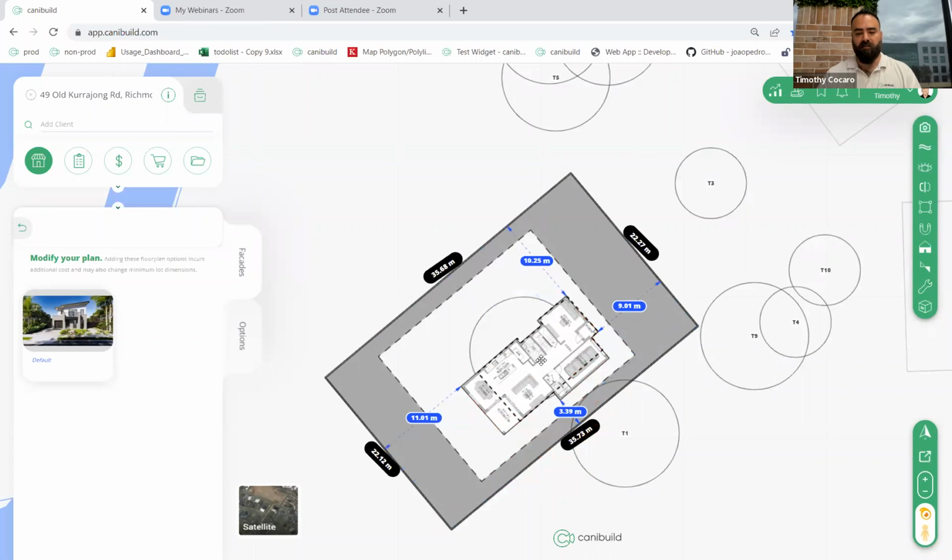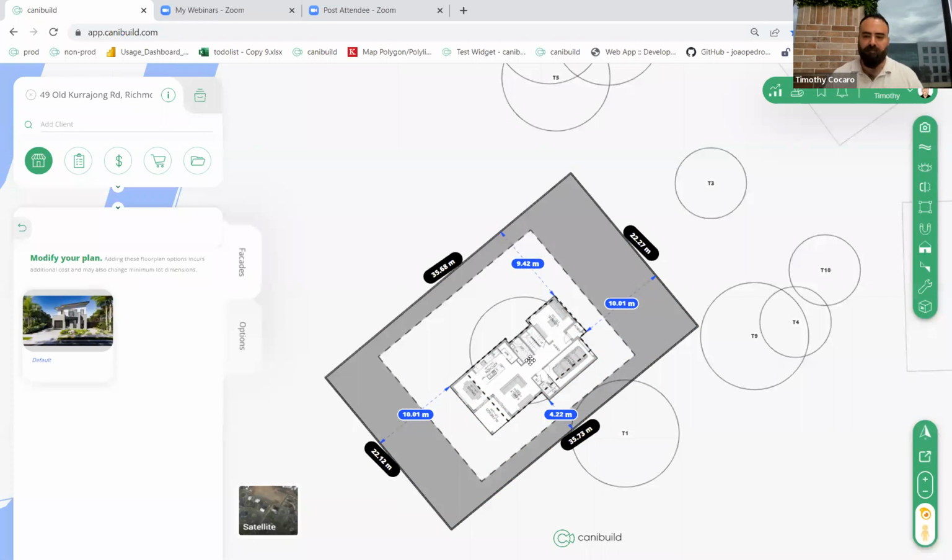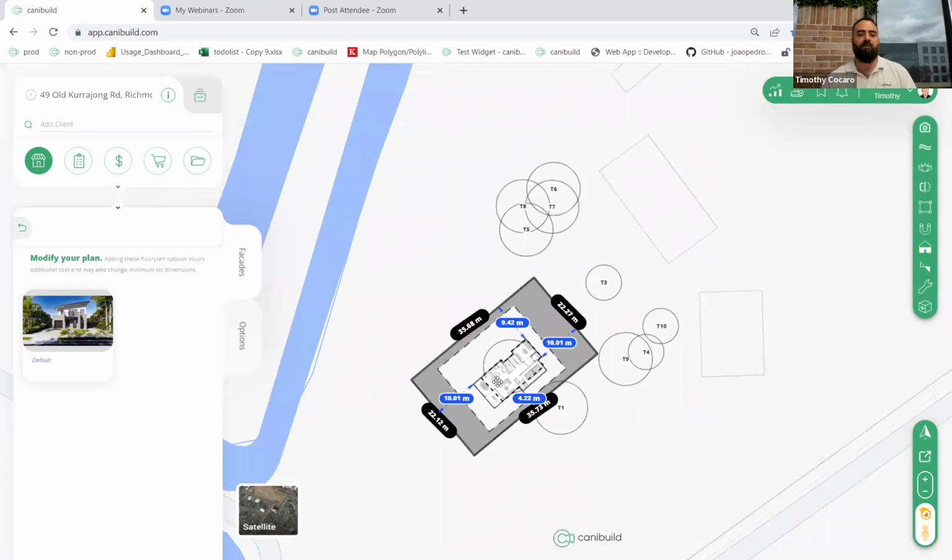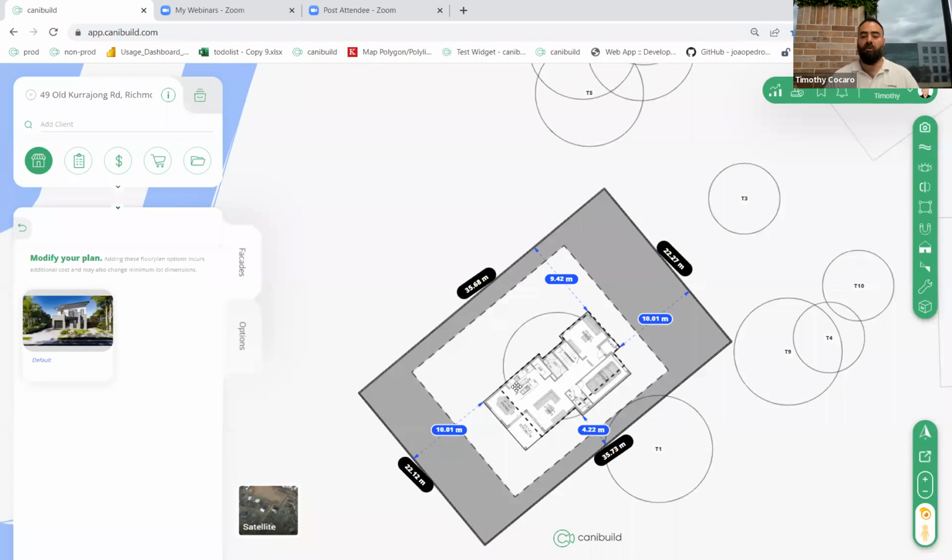So I've said this many times before, I'm biased, but I do love what we do here in the application canibuild. And I hope you can see now if a client walked in and this is a proposed lot on a hypothetical scenario where this particular landowner is thinking about partitioning this into subdivision, or it's already a subdivision that canibuild has yet to upload because it just got subdivided yesterday, or it's a minor subdivision somewhere. You're now able to still work with that client and say, hey, let's see what we can do on your block of land. So you can see here it's got all the contextual information, front, side, and rear setbacks, and